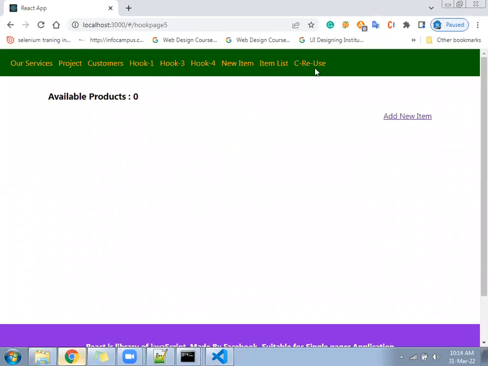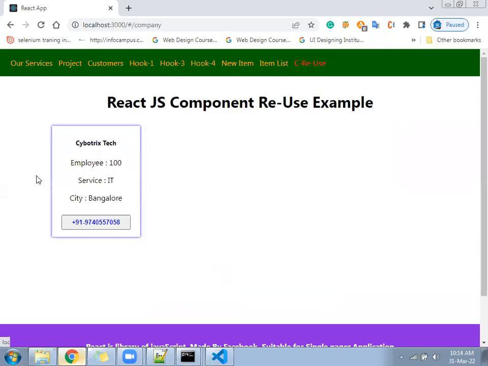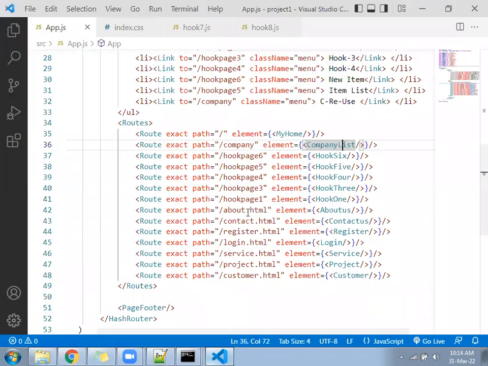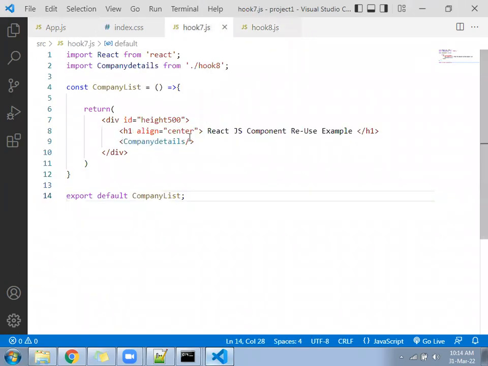Component reuse is the text for me. It is displaying one company details component, something like this. Because we are calling the company details component one time. So still it is not reusability.